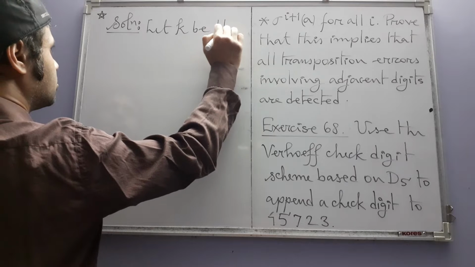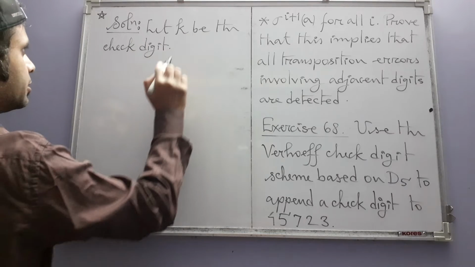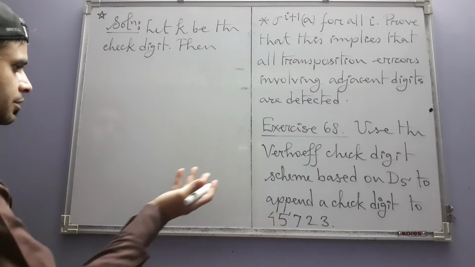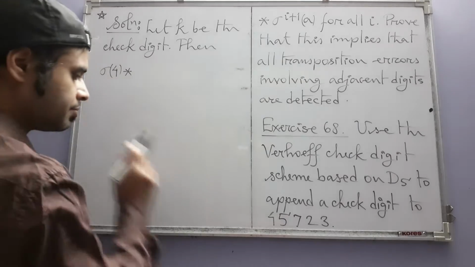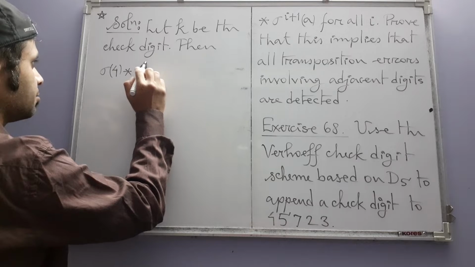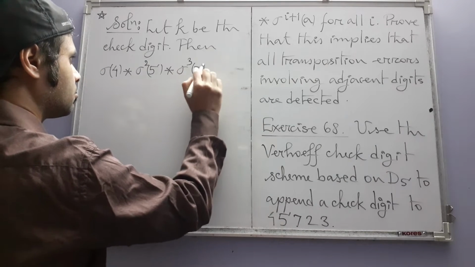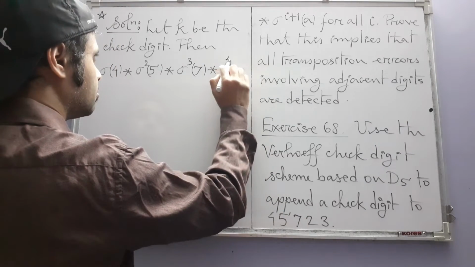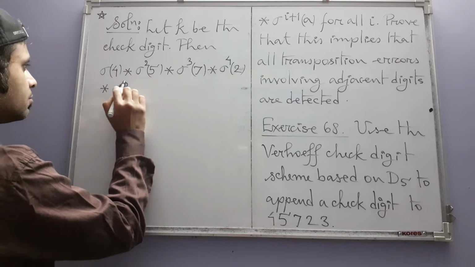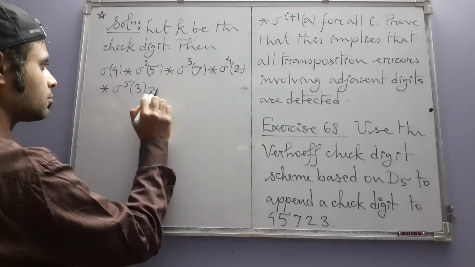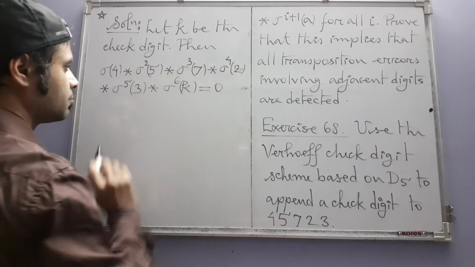Let k be the check digit. Then according to our scheme, sigma of 4 star sigma square of 5 star sigma cube of 7 star sigma to the power 4 of 2 star sigma to the power 5 of 3 star sigma to the power 6 of our check digit is equal to 0,